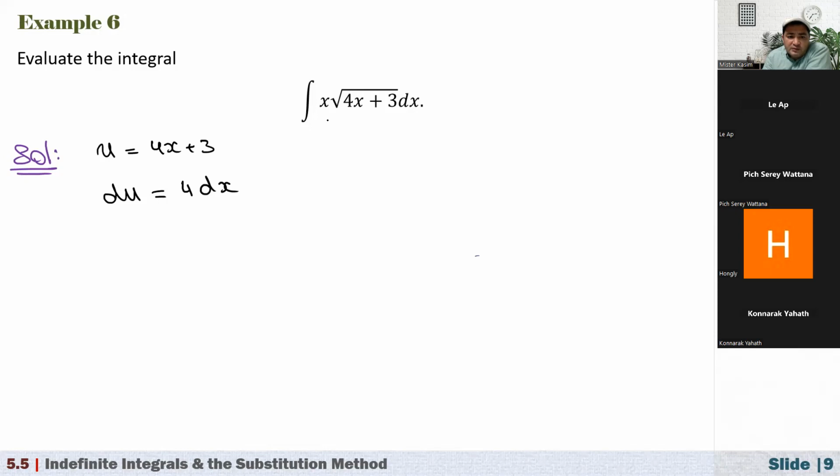And now also we have x, right? From the first expression, I can express x in terms of u. So what is x? x is equal to (u minus 3) over 4. So now if I make all of these substitutions into our integral, let's say that's equal to I, that's our first step, and the second step, okay, green, the second step. So here we have this integral I is equal to